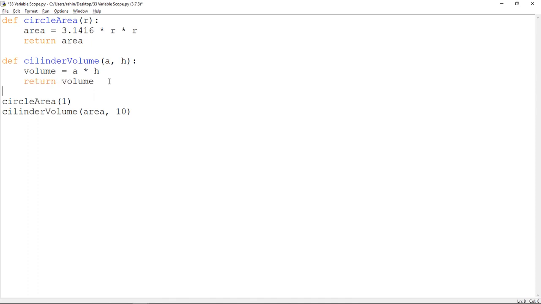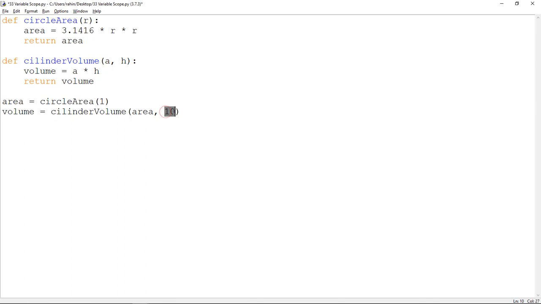Return the volume, and here, for example, you can say area. So you are creating the variable outside of the function, and then you can call your function. It's going to return the value and store it in here. So of course we're going to do volume. Now I have the area stored in this variable, which is different than this one. It's returning the value, and I am storing it here. So this one I can use here,